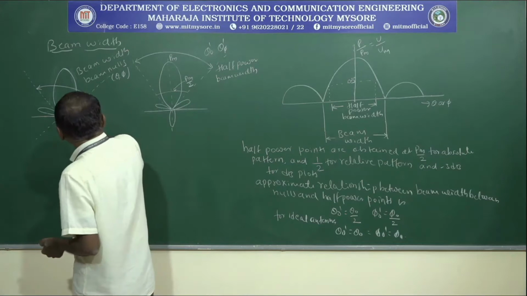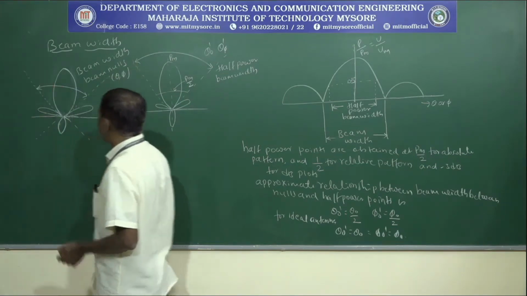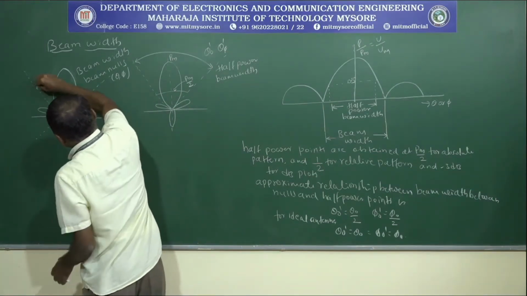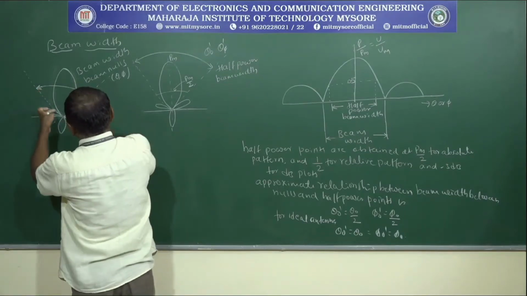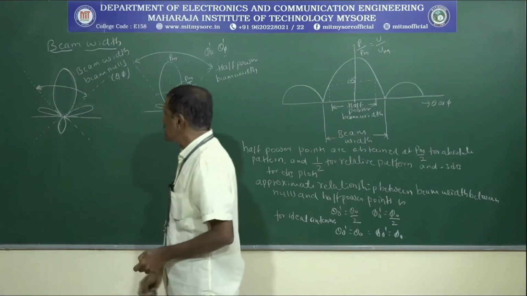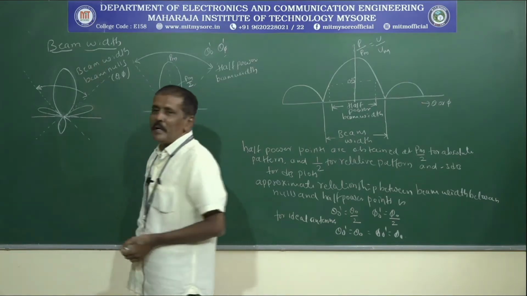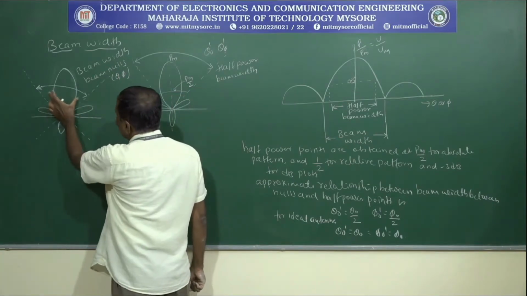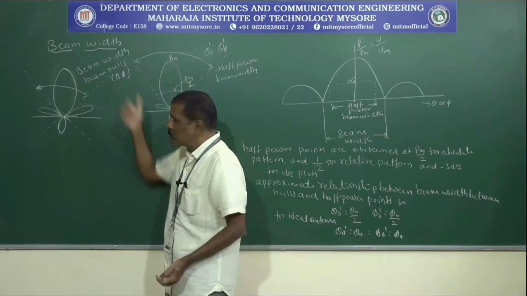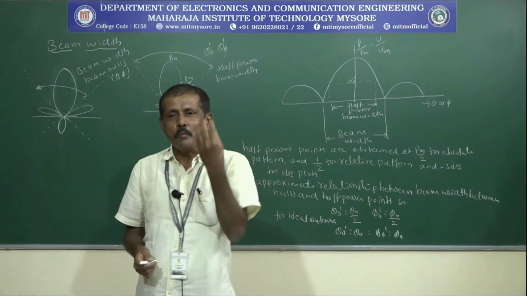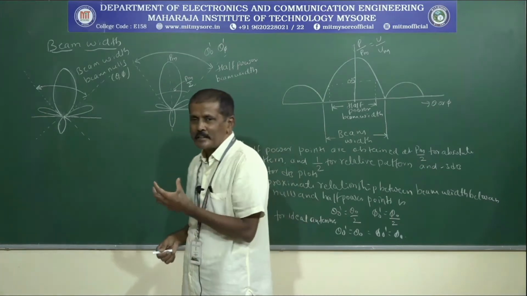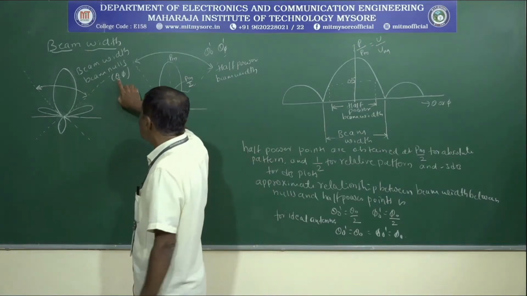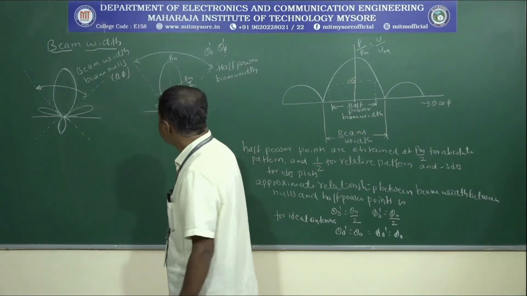Now, because this is a null point, I am drawing one line here and one line here, and this is the angle I am getting. Through this particular angle, I am getting the maximum radiation. That is called the beam width, and these are called the beam nulls. This value is taken in both the vertical and the horizontal directions, because your antenna radiates signals in the vertical and horizontal directions. Therefore the angles are taken as theta and phi.